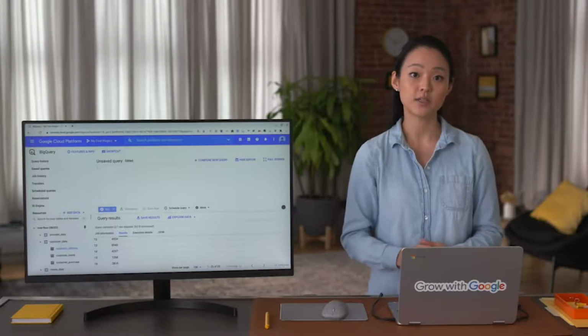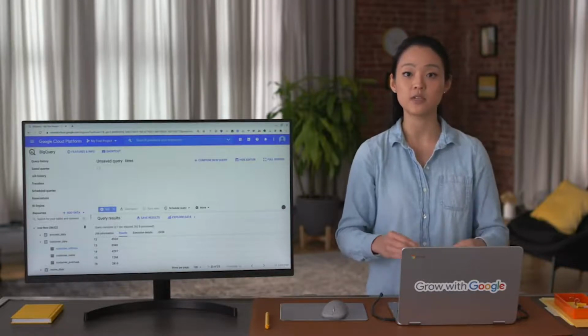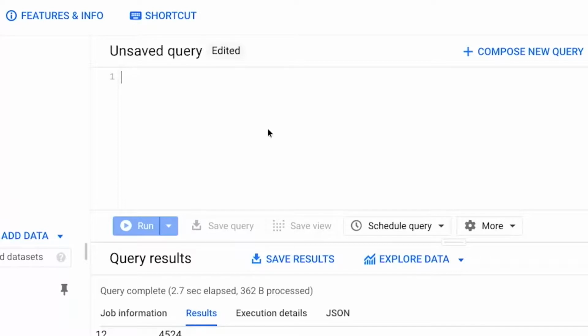We start writing our SQL query by typing the basic SQL structure of select from where. We're working with the customer_address table in the customer_data dataset, so we type in customer_data.customer_address after from.